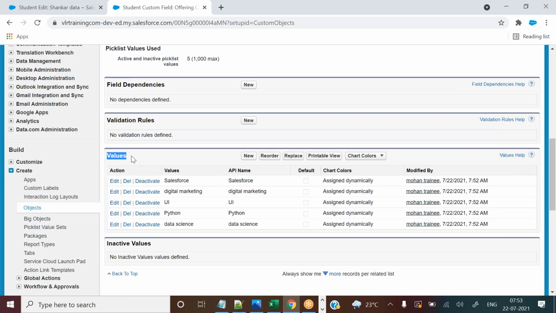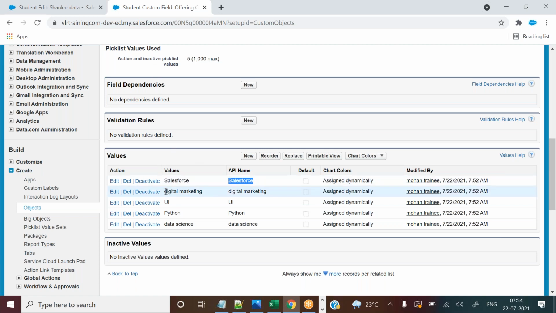So under values, these are all active values, and you can see here. So you have entered only this one, Salesforce, digital marketing. Salesforce is taking API names also. So like for each field, for each object, it is creating an API name. Same way for pick list values also, it is taking an API name.